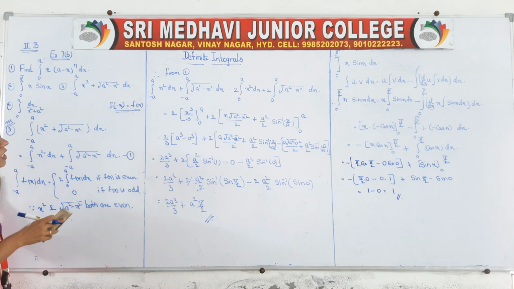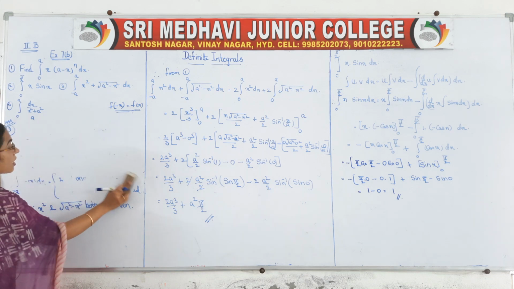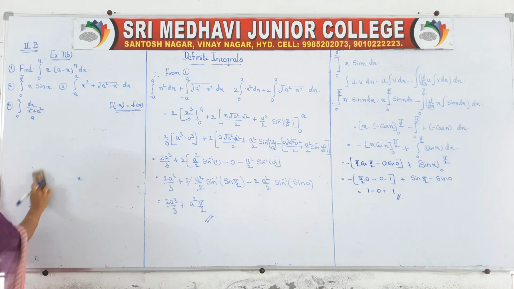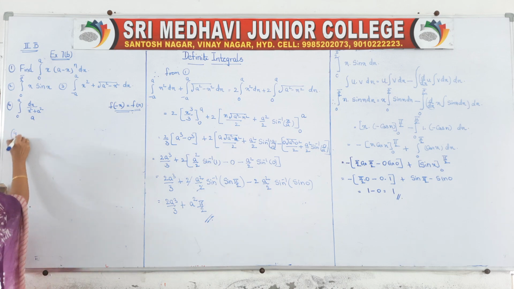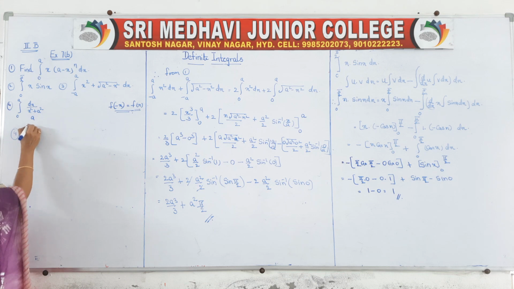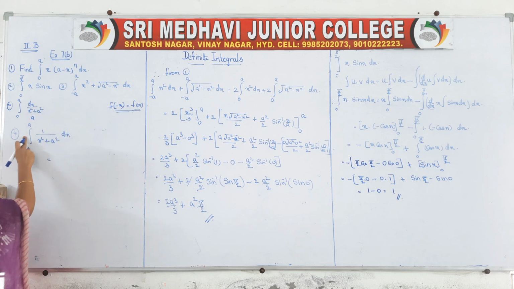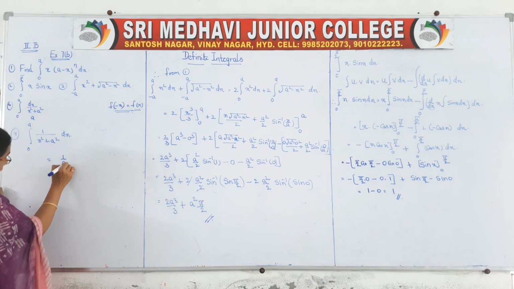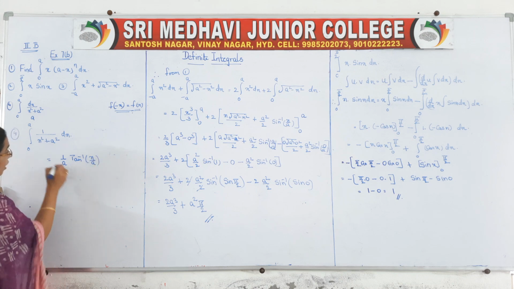And the fourth question, see the fourth question, it is a direct question, isn't it? Directly the formula is given to you, just bounds you have to substitute. Bounds means limits you have to substitute. Observe, what is that? Integral 0 to a 1 by x square plus a square dx. What is the formula of integral 1 by x square plus a square? It is 1 by a into tan inverse x by a.